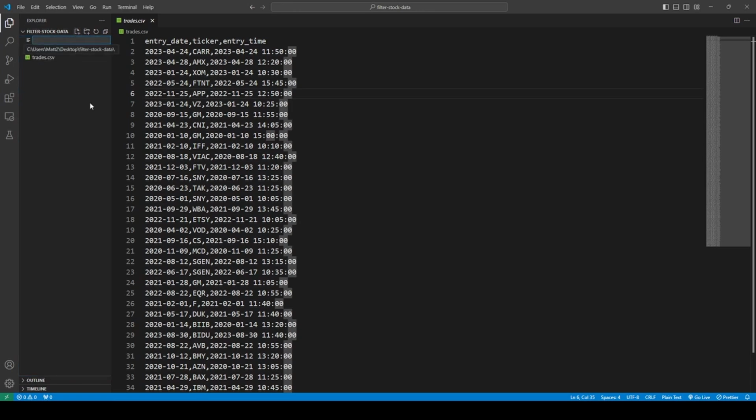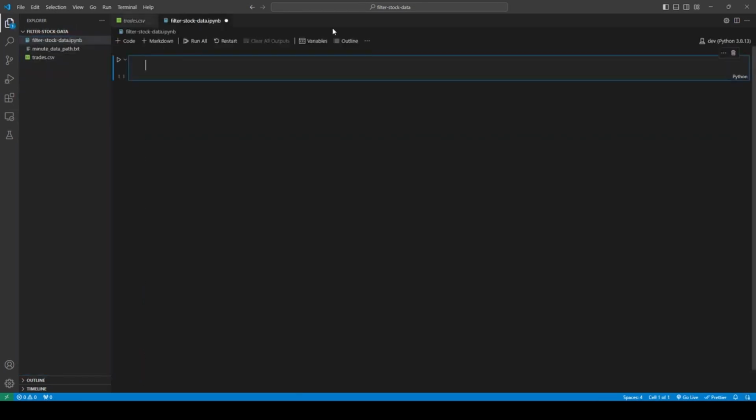a pandas data frame. So I'm going to create a Jupyter Notebook, filter stock data. To create a Jupyter Notebook in VS Code, you just type some file name. I'm going to make it the same as the folder name, but it doesn't have to be. And then you use the extension .ipynb, and it'll create a Jupyter Notebook inside of